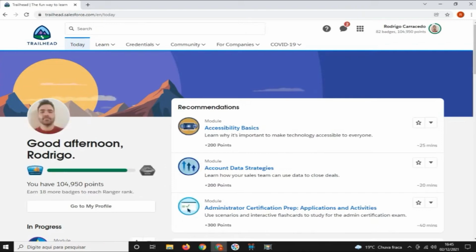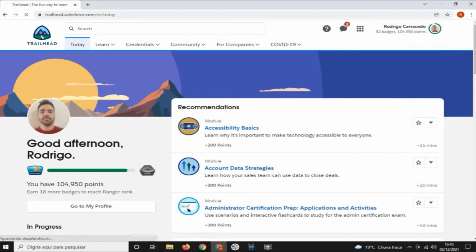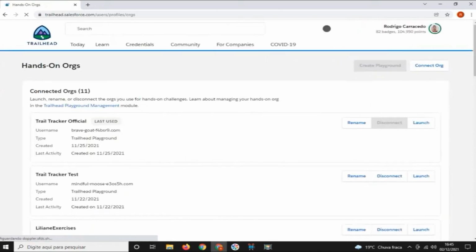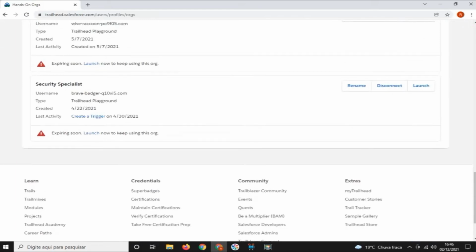And once you are on your Trailhead profile, you will go to your DevOrgs list, clicking on your profile picture at the top right of the screen. Go to hands-on orgs, and then just in case you don't have any available space to create a new DevOrg, you just disconnect one of them. I'm gonna disconnect the oldest one,